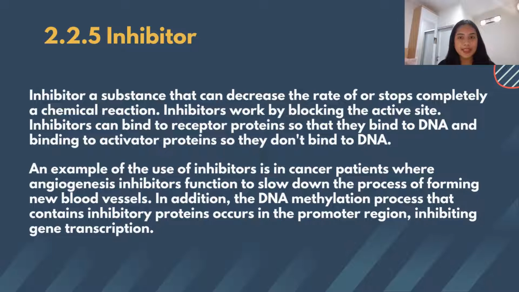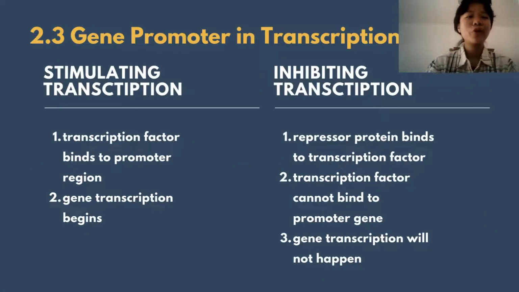Inhibitors are substances that can decrease the rate of or stop a chemical reaction by blocking the active site. Inhibitors can bind to receptor protein so they can bind to DNA. It's called co-receptors. They also can bind to activator protein so they do not bind to DNA. For examples, inhibitor function is to inhibit the process of cell formation in cancer patients, and another example is DNA methylation. Now, before we look into its mechanism, it's important to know that transcription factors are proteins that regulate